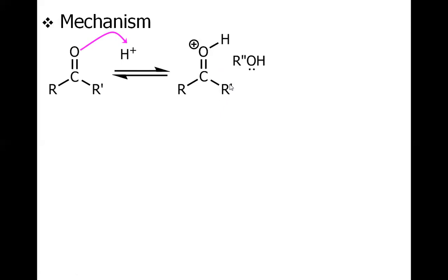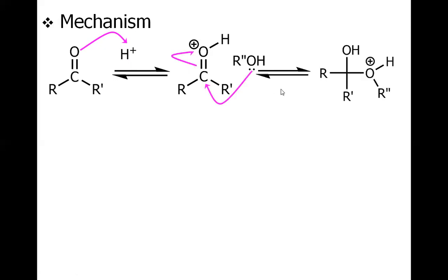Now let us discuss the mechanism. As we discussed in the previous lecture when we were discussing the reactivity of carbonyl compounds, the first step is the protonation, and this carbonyl oxygen protonates to afford this protonated carbonyl, which may be immediately attacked by the alcohol present. And when this alcohol attacks, this pi bond is broken to have this tetrahedral intermediate.